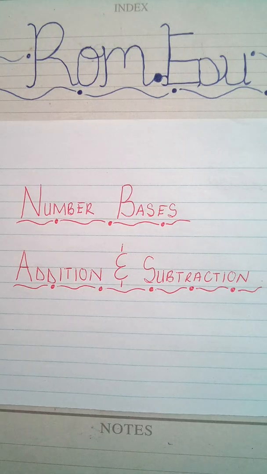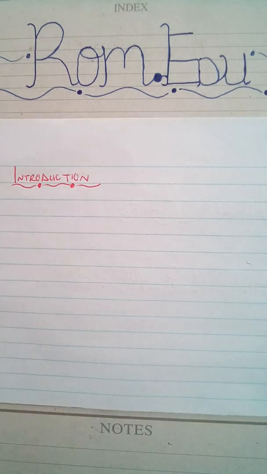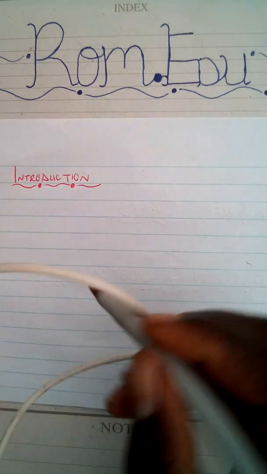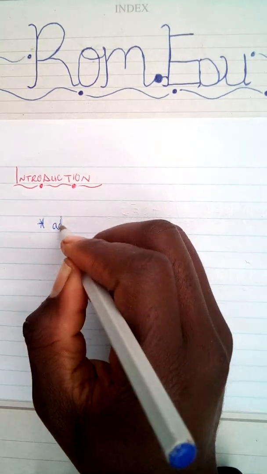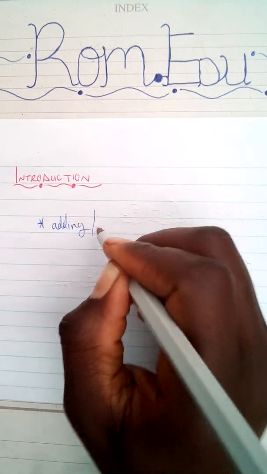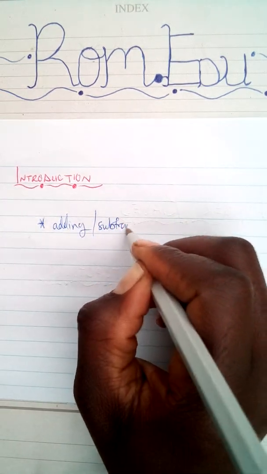Hello viewers, today we're going to look at lesson number 5, where we look at addition and subtraction. It's a continuation of number bases. So we are going to take note of some important points when dealing with number bases, addition and subtraction. So the first point that is very vital is whenever you're adding or subtracting